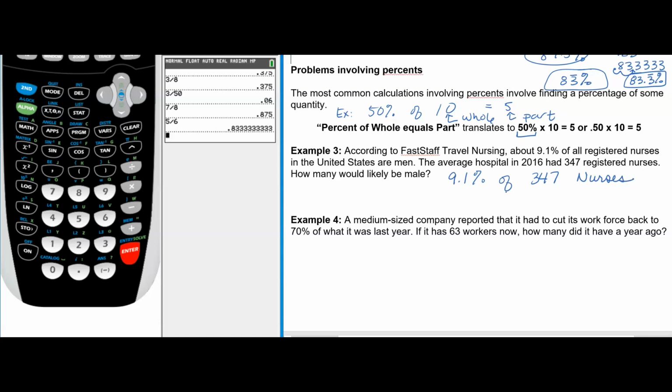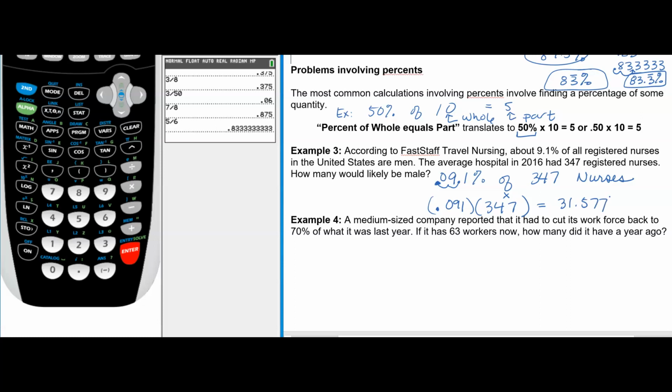Okay. Of in math means times. If you want to find a percentage, you're going to take the percent as a decimal. So you're going to take that decimal and move it 2 spots to the left. So now you can see why we did all that work doing the conversions, because you're going to need it with the story problems. So we're going to say 0.091. You always put a placeholder 0 if you don't have any number there when you move your decimal. So 0.091 times 347. So we made our percentage a decimal, and then we multiplied it by the whole to get the part. So 0.091 times 347 is